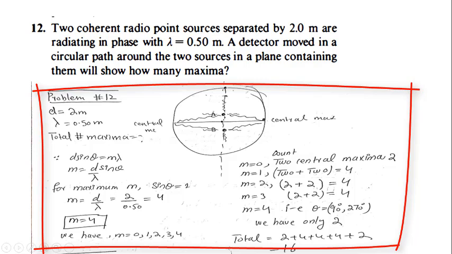And similarly for m is equal to 2 we will have 4, and for m is equal to 3 we will have 4. But for m is equal to 4, we know that sin theta is equal to 1, which is the relation we used to get m is equal to 4. So this gives me 90 or 270 degrees. This vertical point is common to both sides of the screen. The waves originating from left or from right will interfere at this one point, one point vertical and one point at the lower point. So therefore we will have only two values here. So total values will be 2 plus 4 plus 4 plus 4 plus 2, that is equal to 16.